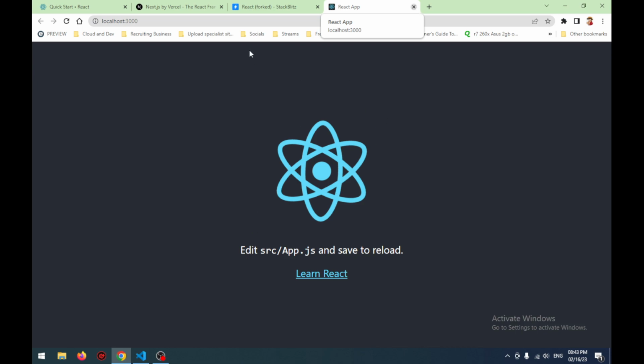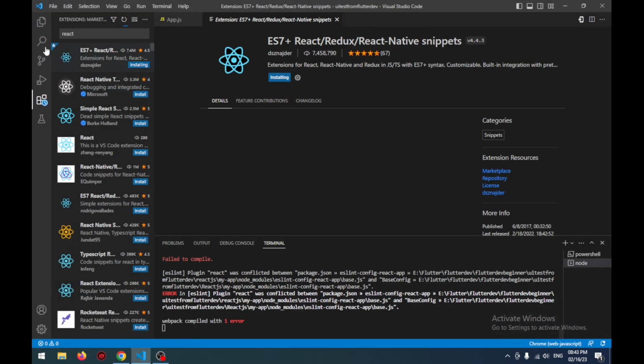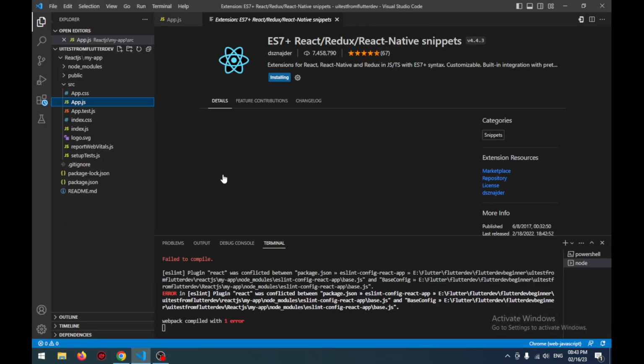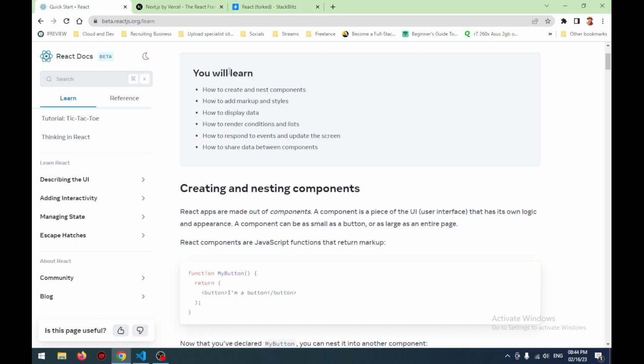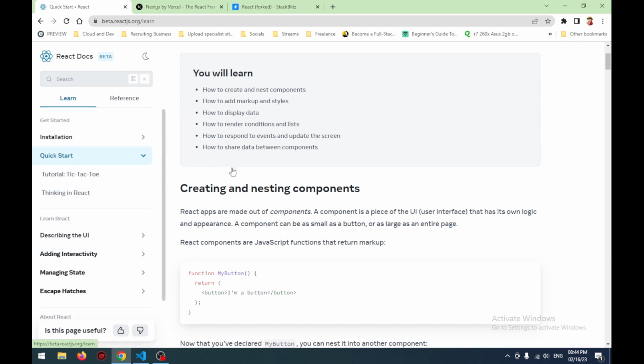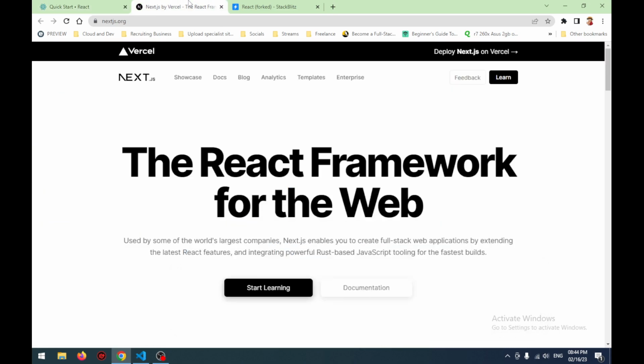But for this session, I will not be deploying or editing anything in Visual Studio Code because this system cannot take anything. If I compile something, I may have to wait for like 15 minutes for this to load. So I'm not doing that. But before we get into the quick start, I'm going to check this Nextjs, which was very much recommended